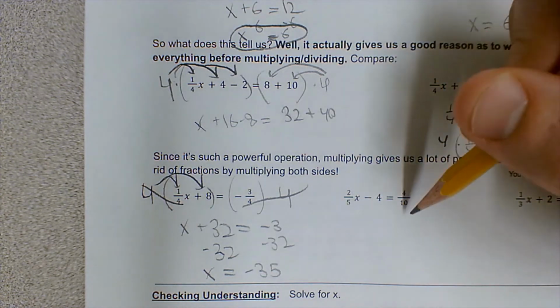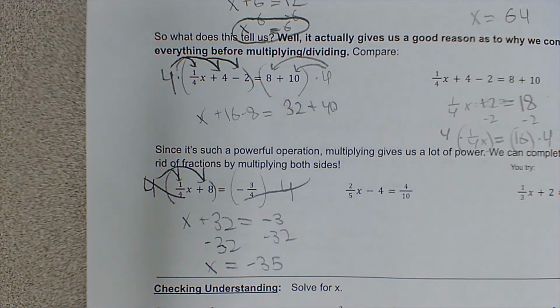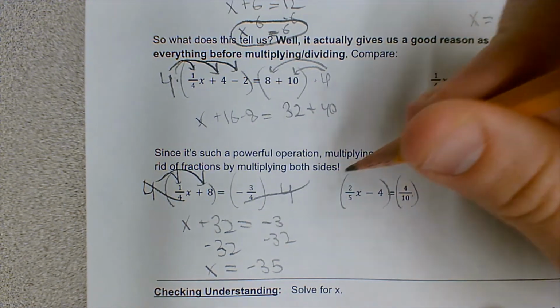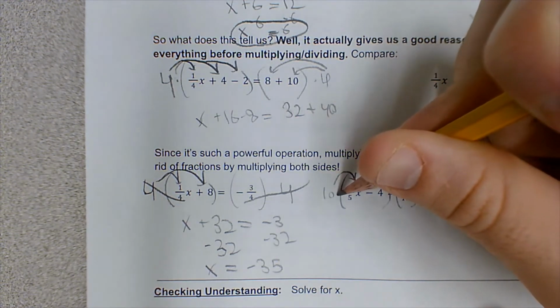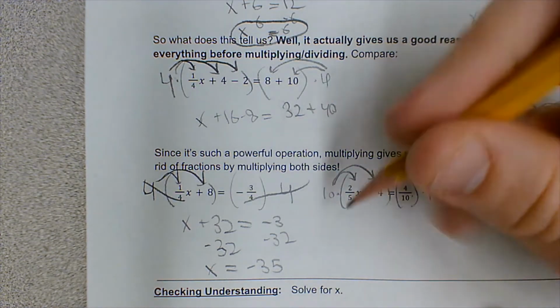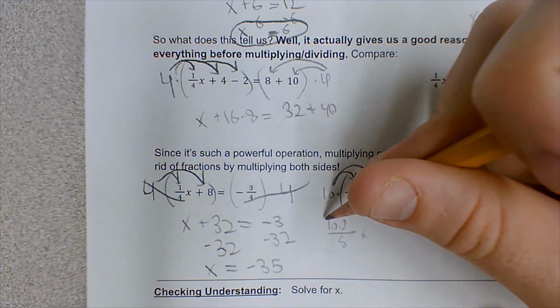I have 2/5 and 4/10. Well, I want to get rid of both fractions in one operation. So I want to multiply by their least common multiple, the lowest number that they have in common. 5 goes into 10, so if I multiply both sides by 10, I end up with 2 times 10 over 5 times x. I end up with 20 here,